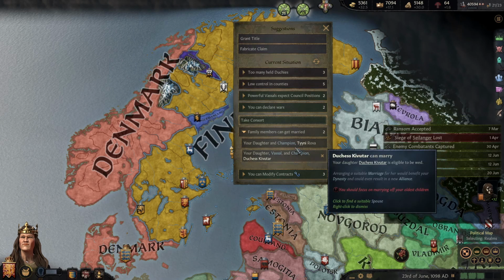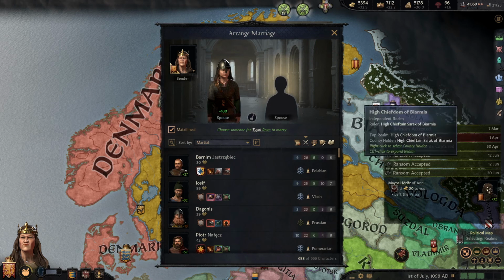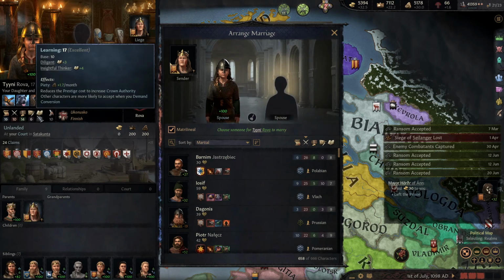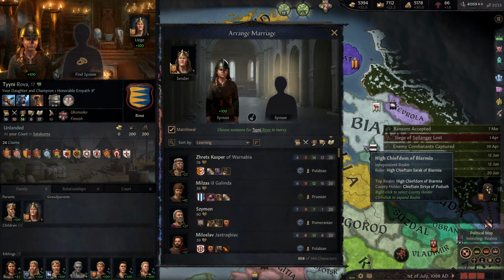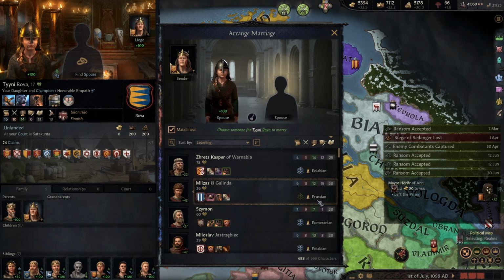We could also get my daughters married. Be nice if I could see her. Right. Oh, she's got really good learning, actually. Right, you're... Can I recruit you and...